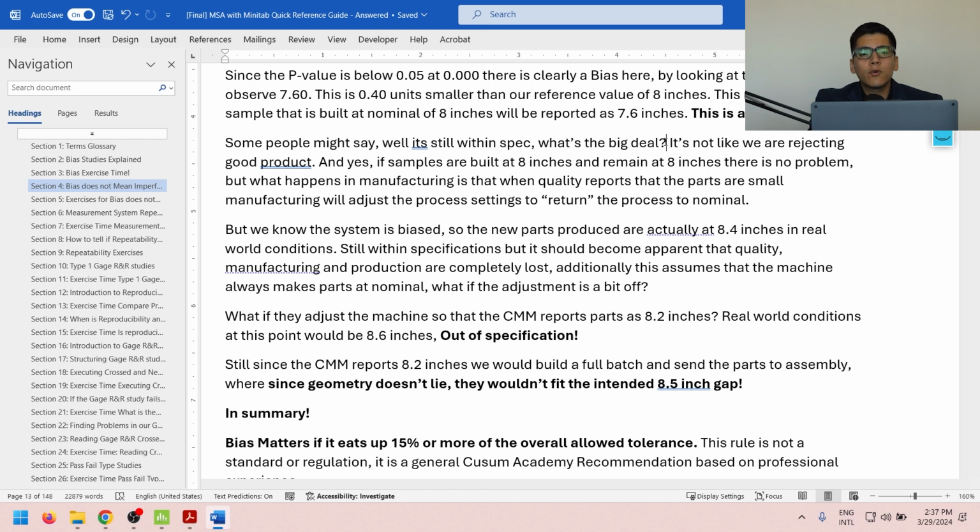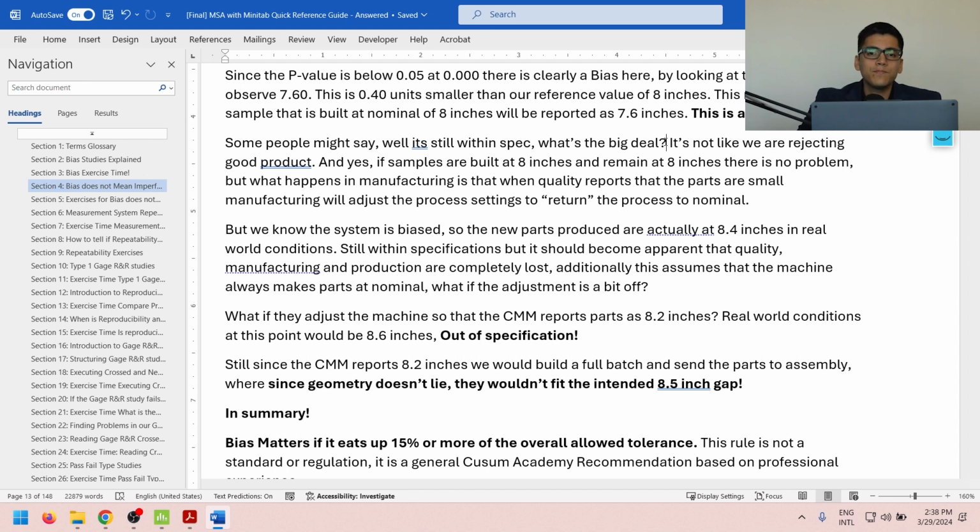Since my machine reports it as being 0.4 inches smaller than it actually is, quality is going to tell me that I'm right in the money. I'm at 8.2 inches. Parts measure 8.2. But real world condition is that the part is actually 8.6 inches. So immediately when I release my lots over to assembly, they are not going to be able to assemble the parts, because while quality says that it is 8.2 inches, real world condition is